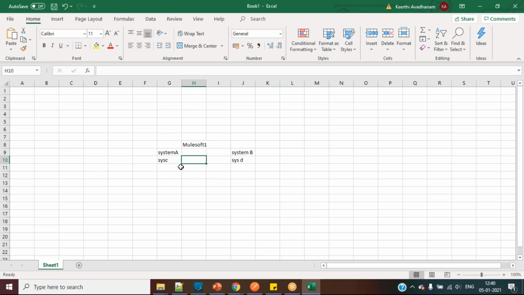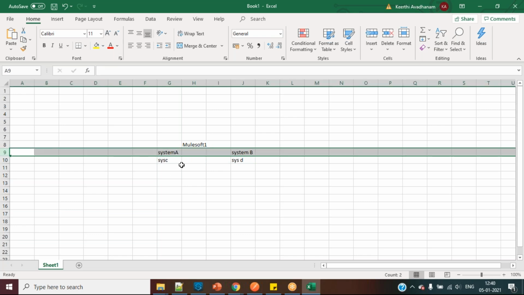Let's say if there are any changes here, you will just go and deploy only one single project. But what are the main disadvantages here? Suppose there is an integration between A and B. In future there comes C and D. Even though there is no change in this integration A and B, you still have to deploy the entire application. There is an addition of integration here, but still you have to deploy this integration